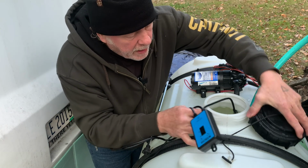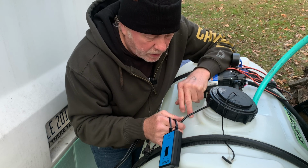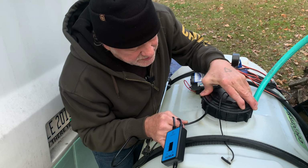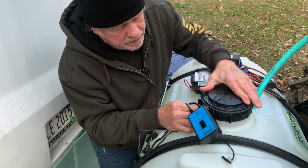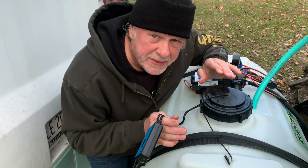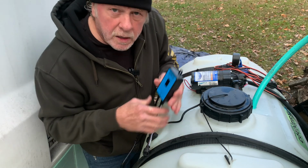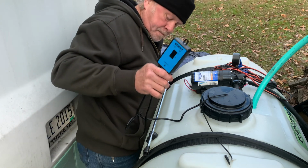Now, I thought about putting some kind of a little channel in here to route this power cable through. I'm not gonna do that, folks. You know why? Because I don't need to. I just apply a little bit of pressure on this. Give it just a quarter of a turn, if even that much. And then you have to set the temperature with this little gadget. So what you do,